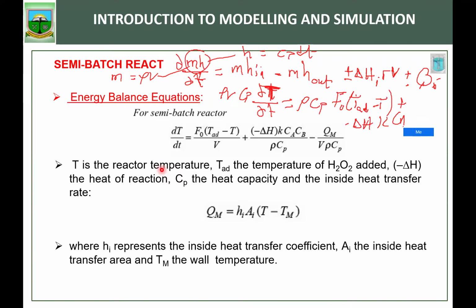The reaction is A and CB. You get it? Times V. This is how it's supposed to be, times V because there's V here. Okay, then you have plus QM. Now, when you have this,